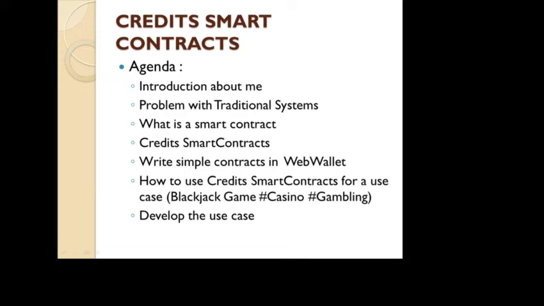And coming to the blockchain, what is a smart contract and how they can be used to resolve some of the issues we have in the traditional systems. And then we will talk about the advantages of using credit smart contracts over the other smart contract mechanisms like Ethereum or EOS, and then write some simple smart contracts using web wallet in credits blockchain. And